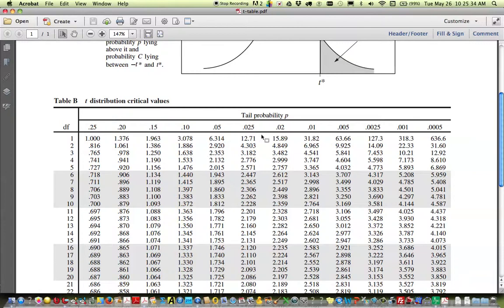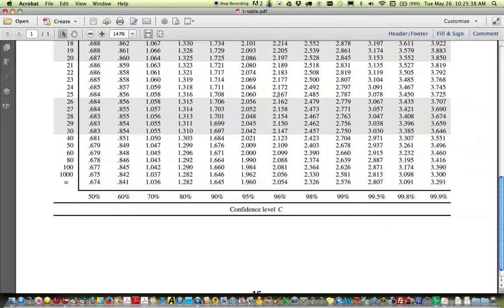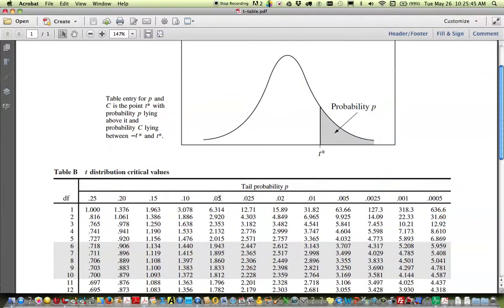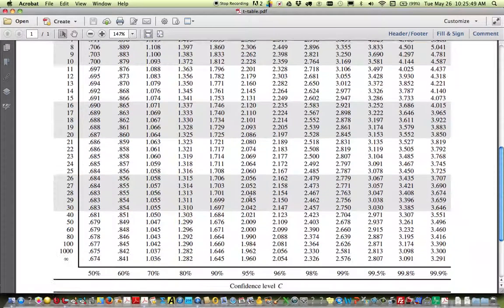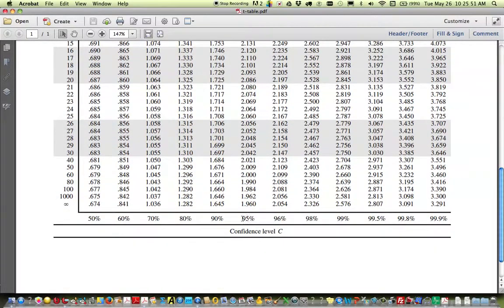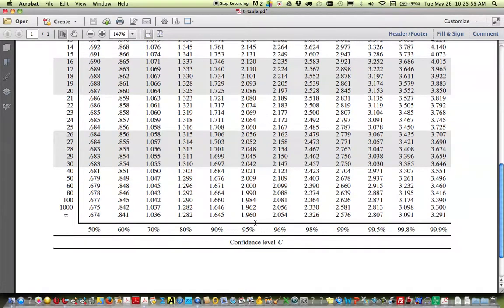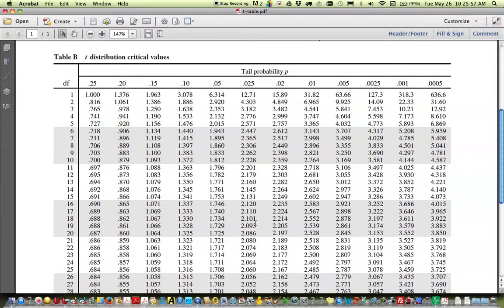So you can look at this right tail probability up here on the top, but what might be even more handy is to look down here at the bottom. If you look, there's 90% here, that corresponds to 5% in the upper tail. If there's 2.5% here, that corresponds to 95% down here, and so on. So you might be looking at these numbers a little bit more than the numbers at the top of the table. I think that should get you through the other stuff with confidence intervals using the t-distribution.